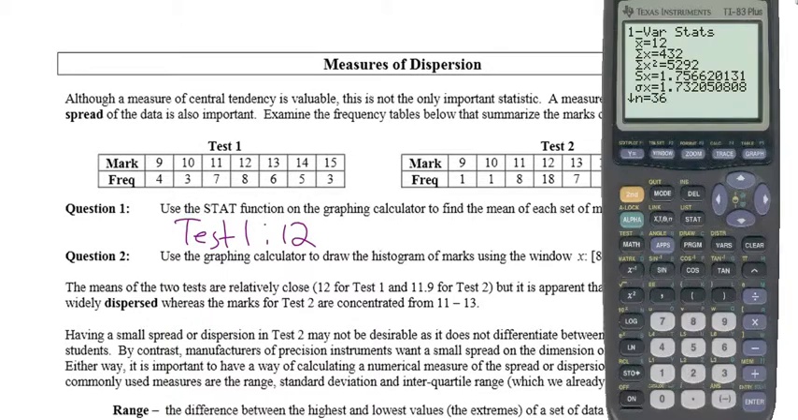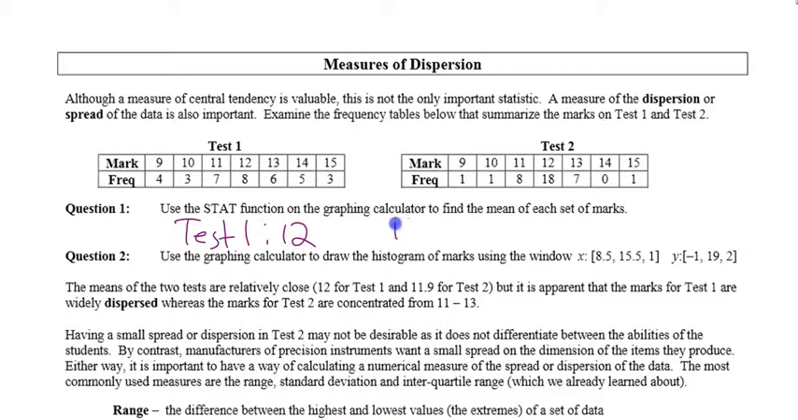12. To do test 2, I'm going to go second enter, and instead of L2, I'm going to say L3, because I put my frequencies in L3, right? My observations are in L1. I have 2 sets of data, frequencies for test 1 in L2, frequencies for test 2 in L3. Hit this, we get 11.9 for the mean for test 2. Okay, so